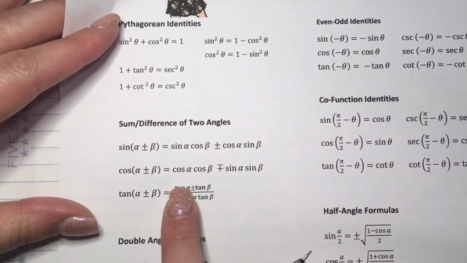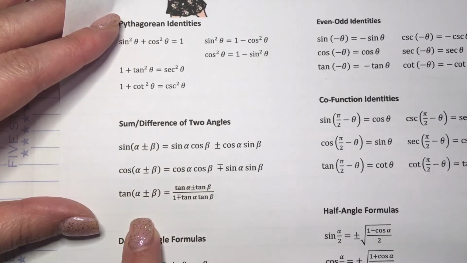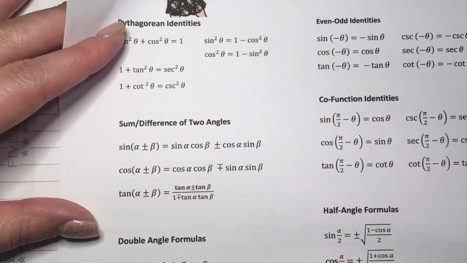All right, in this video we're going to look at some more identities that we haven't explored yet. And so on your sheet, the ones that we're going to be looking at today are the sum and the difference identities. So using these three for sine, cosine, and tangent. So for our notes,